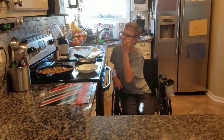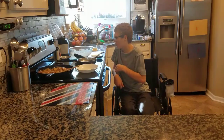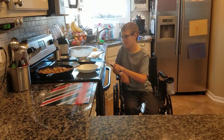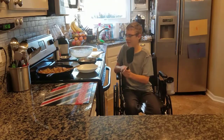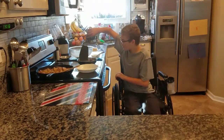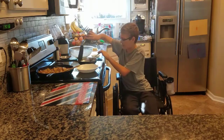Wait for bubbles to form. That way you can tell when it's going to flip thingy. Dang it, I got a piece of batter on here. Hopefully no one will notice even though this is getting air to the internet. Okay, bubbles. Bubbles. This is my first time making a crepe, so